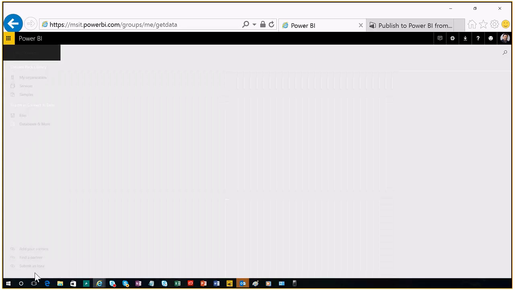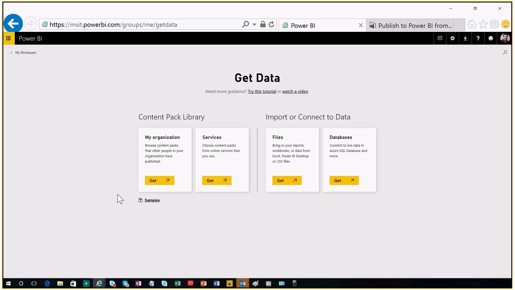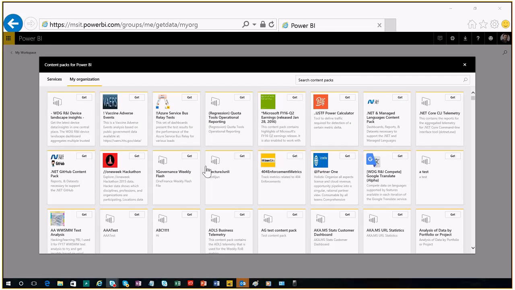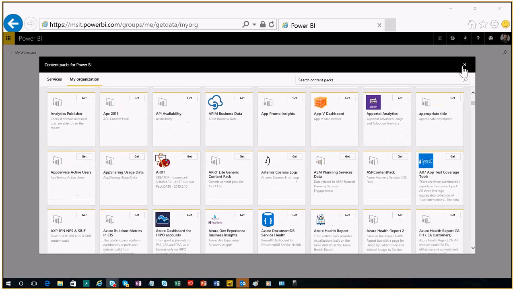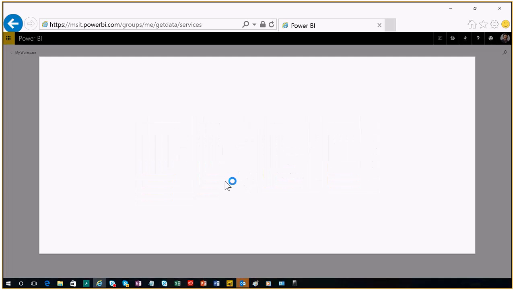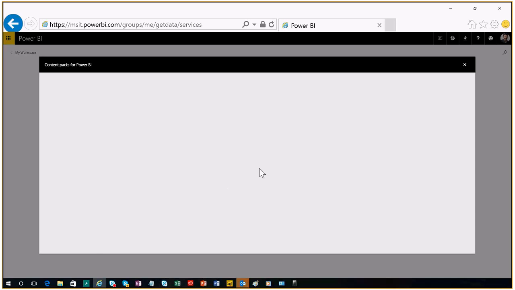So when I click on get data, there are different ways in which I can get data. It could be from my organization. When I click on my organization, what you see is that within your organization, your colleagues or your IT pros have shared some data sources with you, and that is what's going to come here. So there's a bunch of data sets which your company would share with you, or you can go ahead and get data